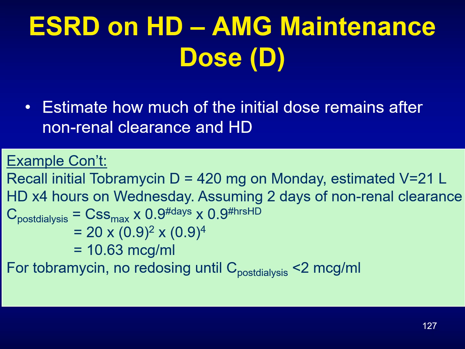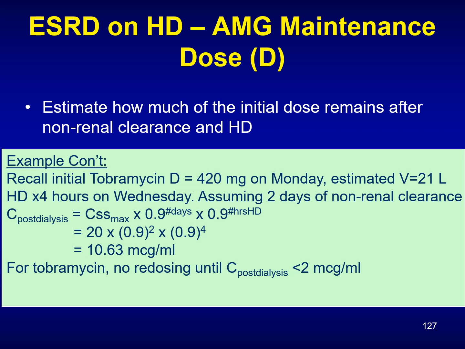Assuming 2 days of non-renal clearance, we estimate the patient's concentration remaining post-dialysis will be equal to what the patient started off with, so 20, times 90% remaining after each day of non-renal clearance, so 0.9 to the exponent of 2, times 90% remaining for each hour of dialysis, so to the exponent of 4 hours of dialysis. So we know that at the end of dialysis, we estimate the patient will have a concentration left of 10.63